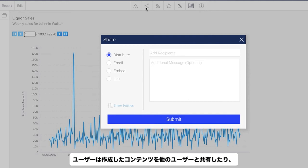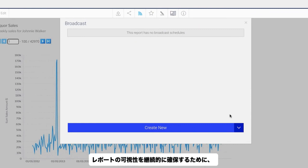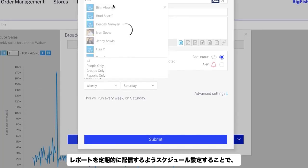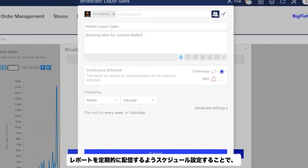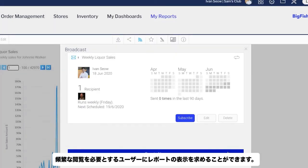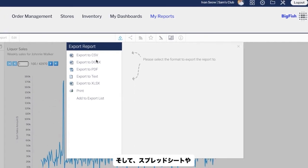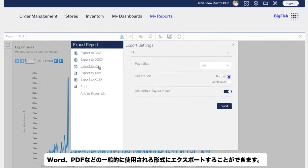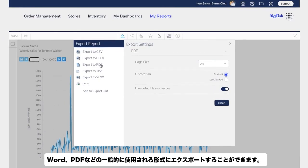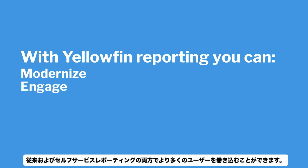Your users can share the content they create with others. Or, for ongoing report visibility, schedule a report for distribution on a regular basis, ensuring that those who need to see it often are prompted to view the report. Finally, your users may choose to export the report to a spreadsheet or other commonly used format, such as Word or PDF. With Yellowfin, you can modernize your operational reporting, engage with more users with both traditional and self-service reporting,